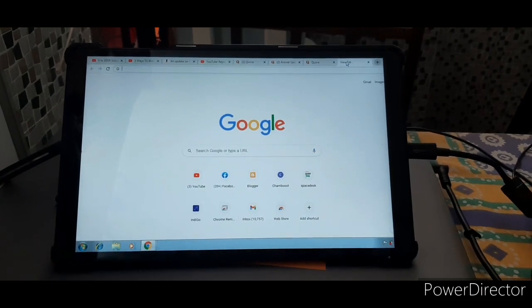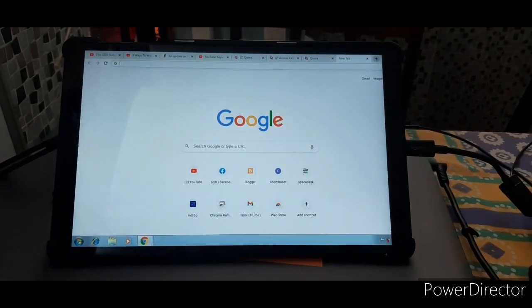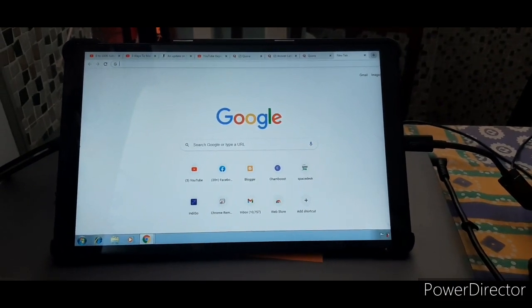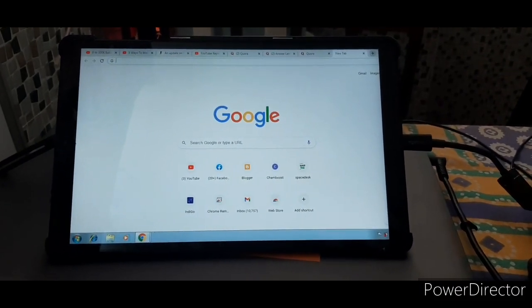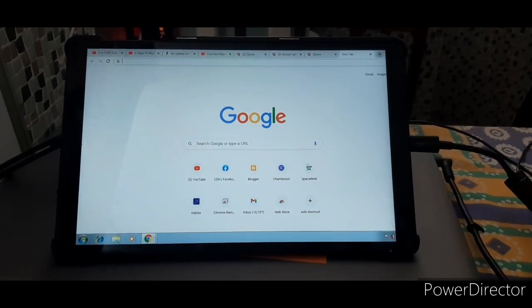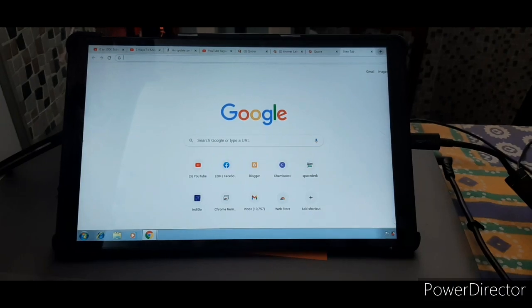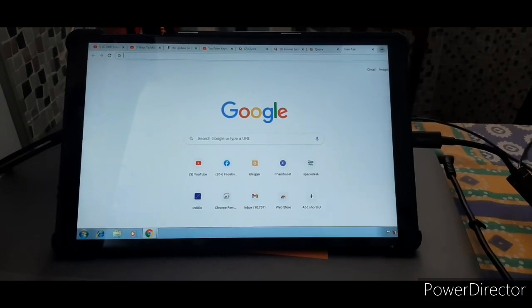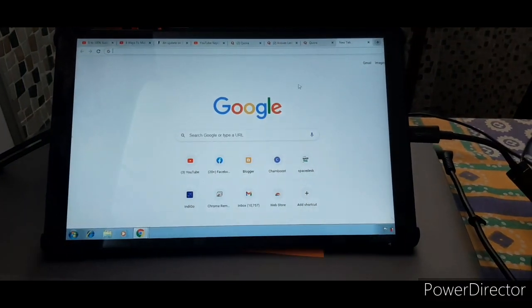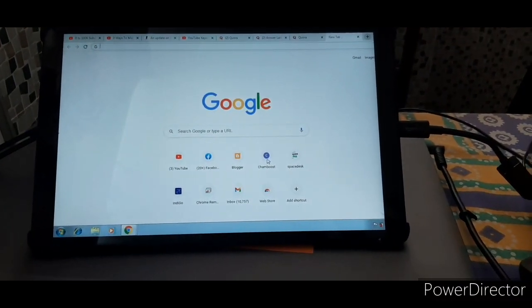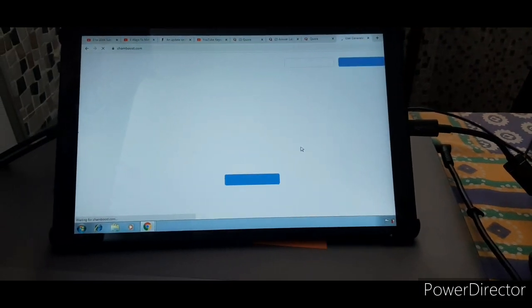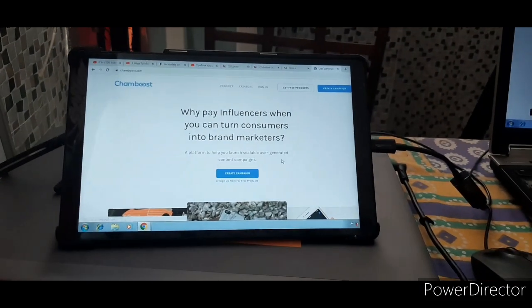The only thing you need to remember is that you need to use the same Google account which you are using on the system or desktop. Once you do that, you will be able to access your system from a laptop or from a mobile. I tried with a Samsung tablet and a Samsung mobile, and it works very well. I think you can try that, and it will be a useful feature.